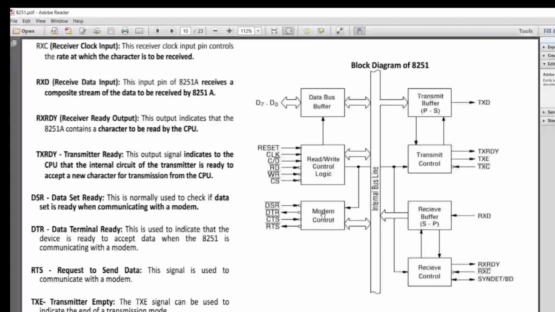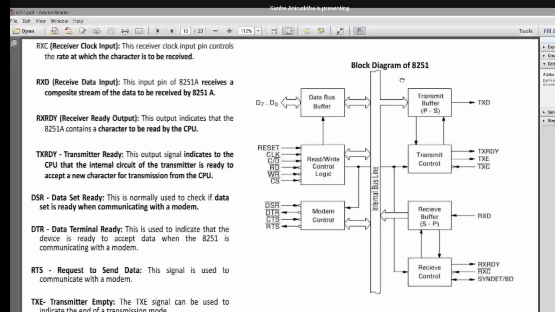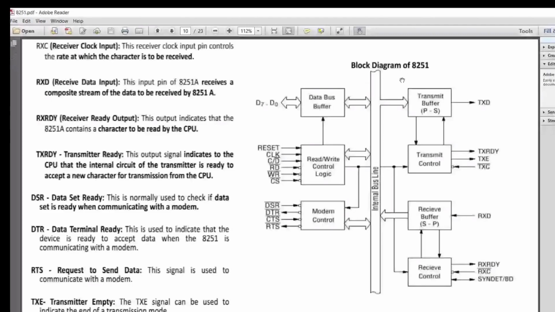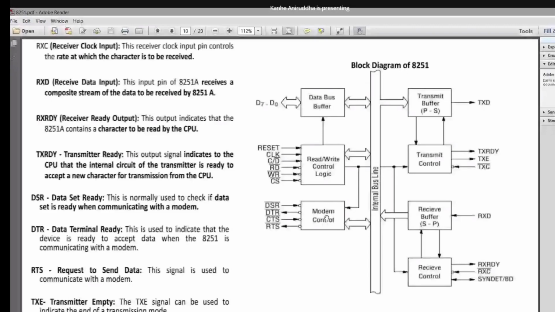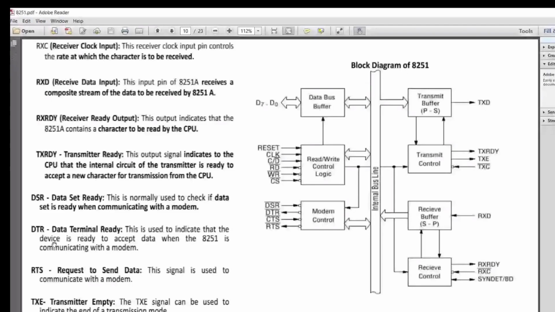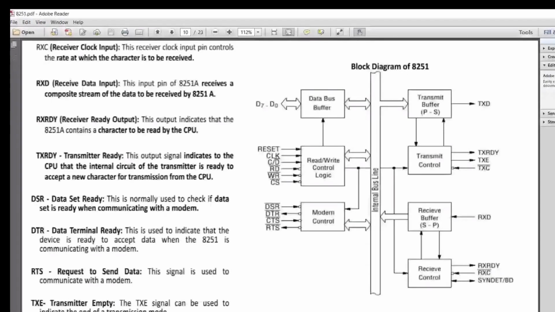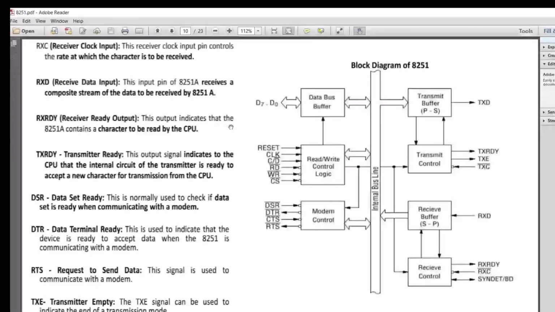So the modem is one part of our 8251, and there is one more 8251 there. That modem may communicate with this 8251 through DSR and DTR, and request to send. This is a signal used for communicating with the modem also. So this side it is the modem and this side it is the 8086. All of this goes to the other modem, the 8251's other modem, and this side it is the 8086.